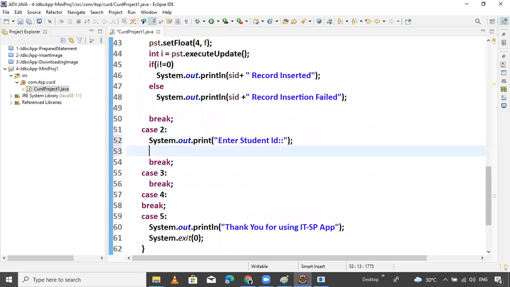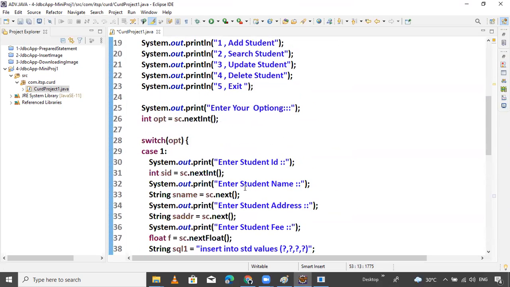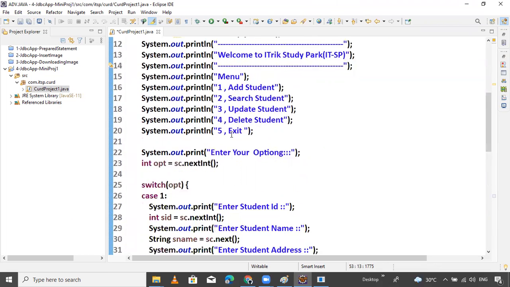So we are using the ID frequently. So you can declare ID here, upside, with default values. If you declare SID here globally, you can access it.